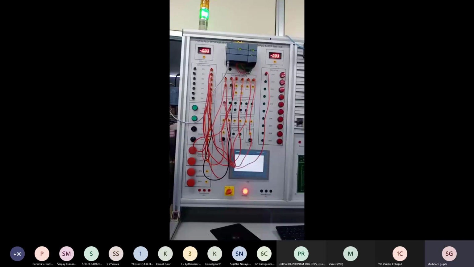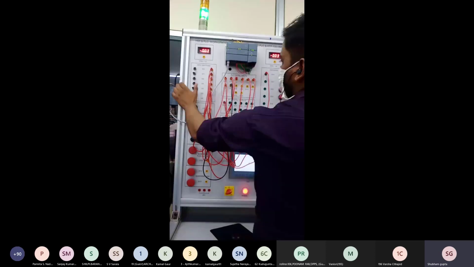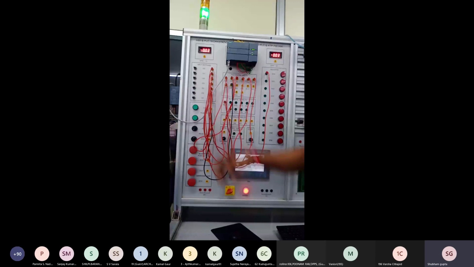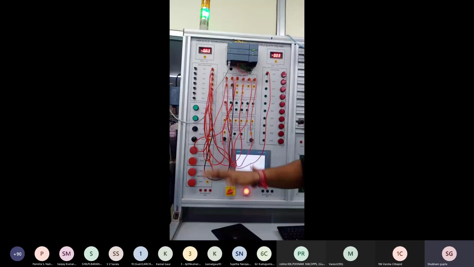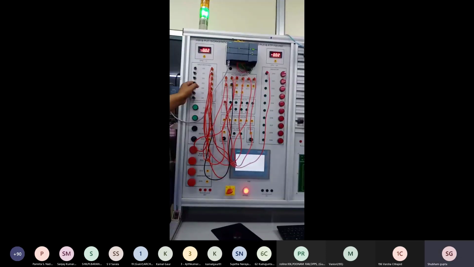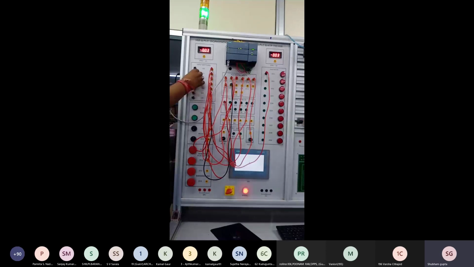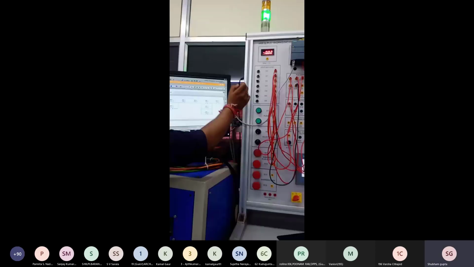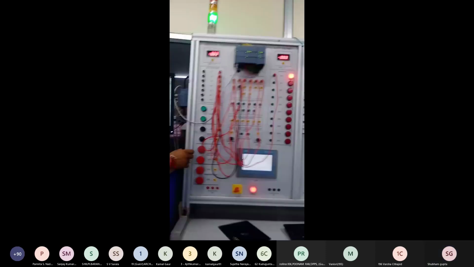Let's check another combination. First, we start with the compulsory switches. Switch S1 is compulsory, okay, and switch S3 is compulsory. S4 is also compulsory, and check the condition. S1 or S2. Previous time we used S2, S3, and this time we use S2. Okay. And in S5, S6, and S7, we use S7 this time. Power gets on. Okay.